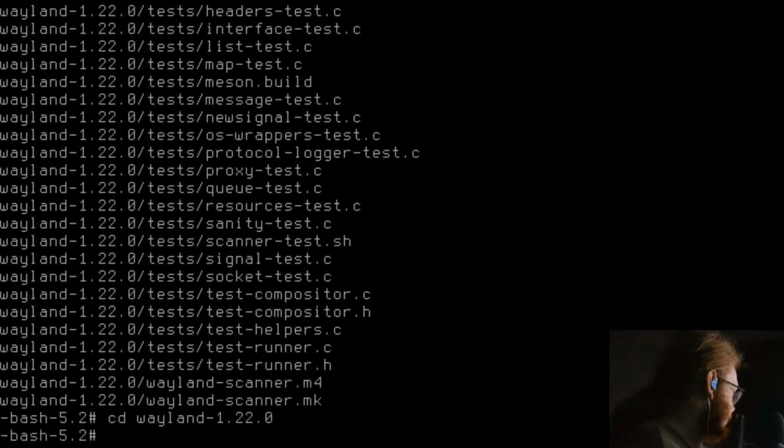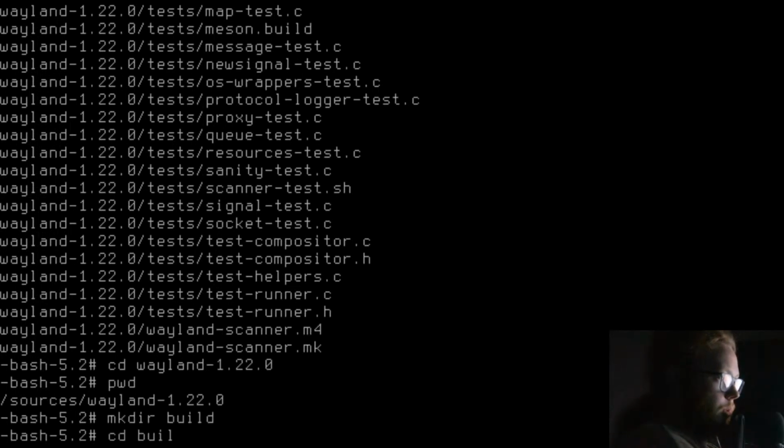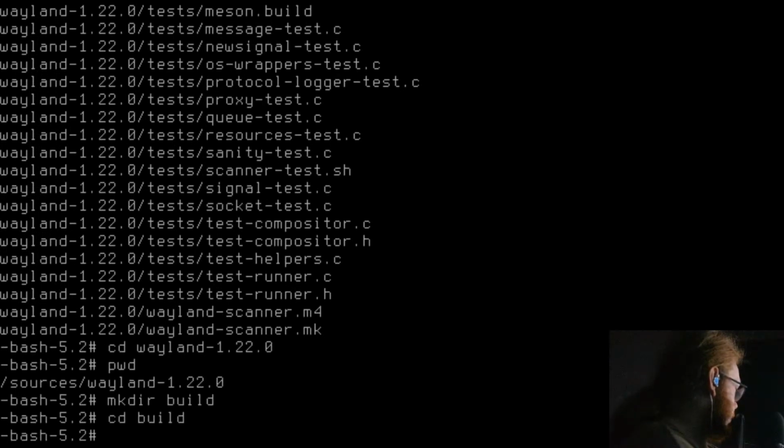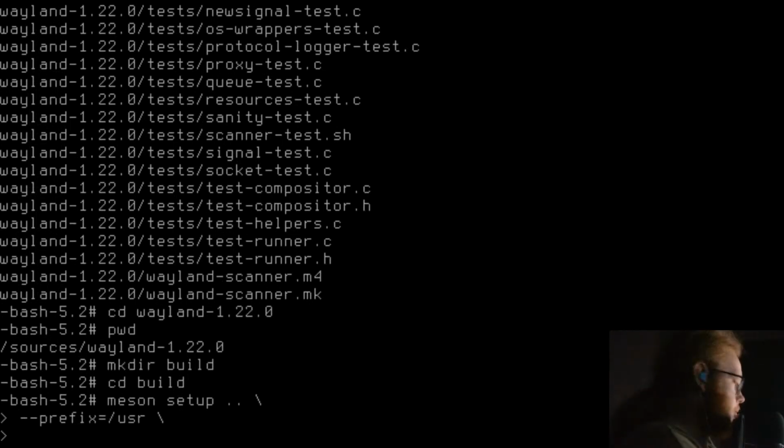Right. Where are we? What to do? Make directory build, cd build. And what to do? Meson setup --prefix /usr.